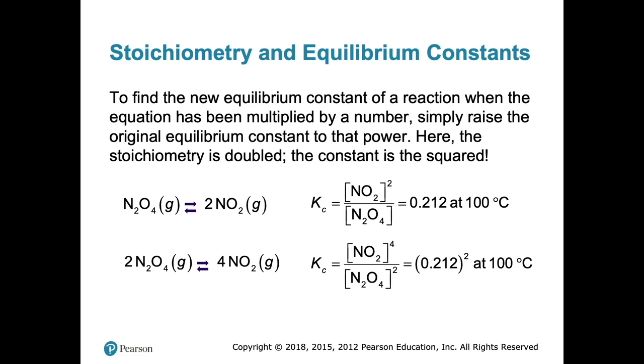And what we've done here is double the number of moles of N2O4, and it becomes 4 moles now of NO2 gas. Here's the equilibrium constant for the normal one, and here's the one with double the concentration. But notice that the Keq for the normal one is still